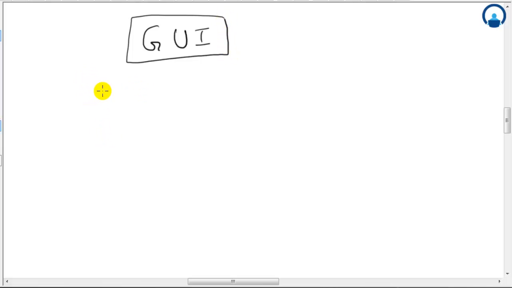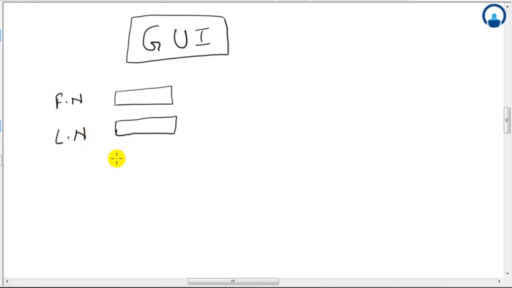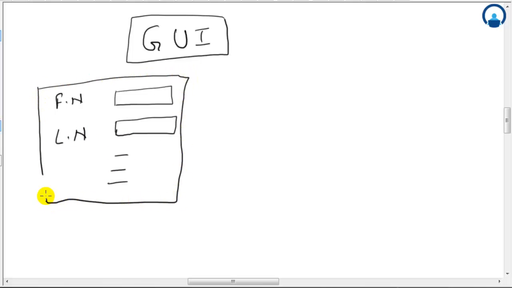On a very basic level, it provides you a UI wherein, let's take an example of a form, on that form you have to fill your first name, you have to give your last name, and so on. This is an interface which is provided to you to enter your details. So this is a user interface.